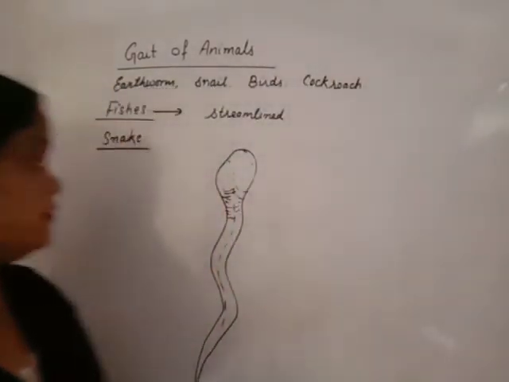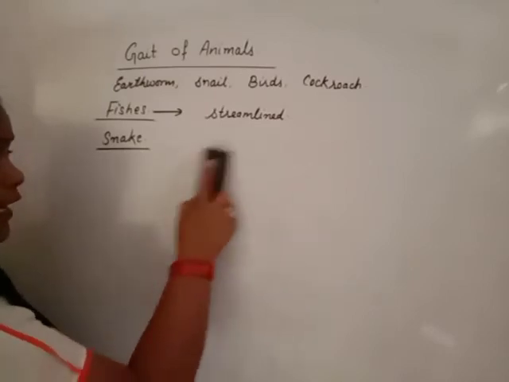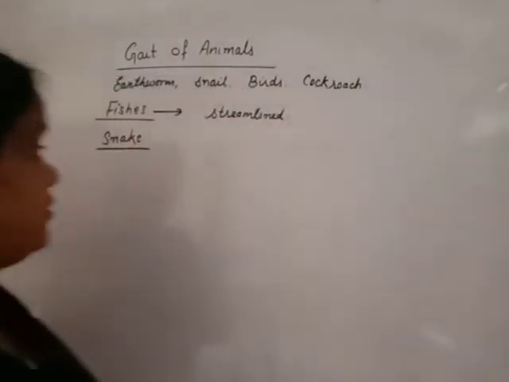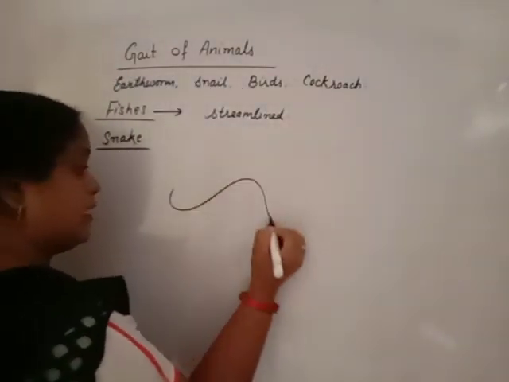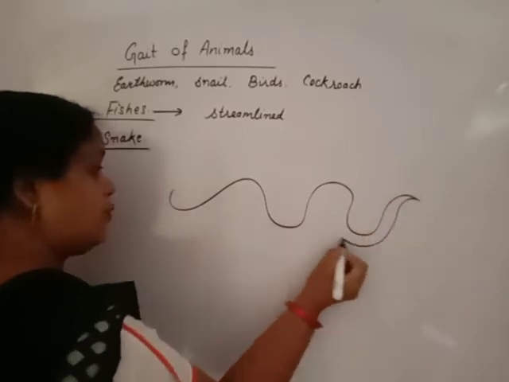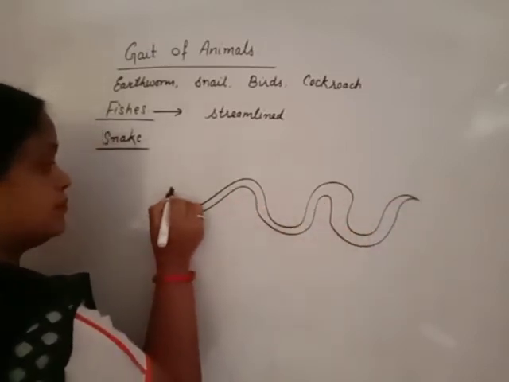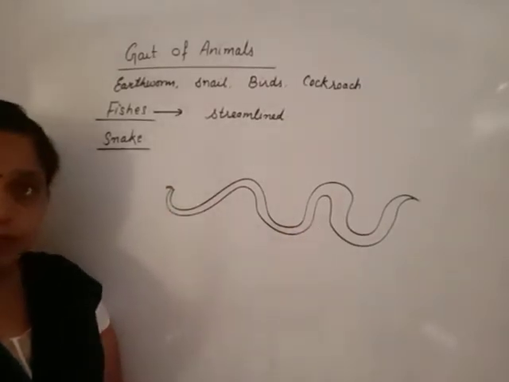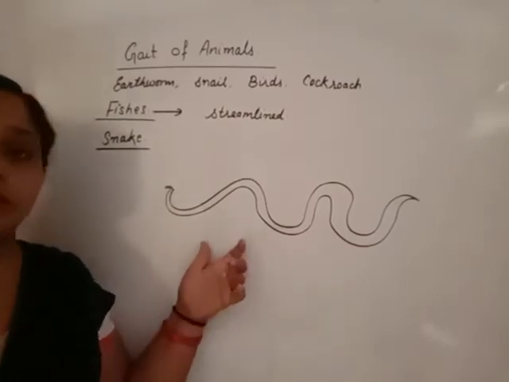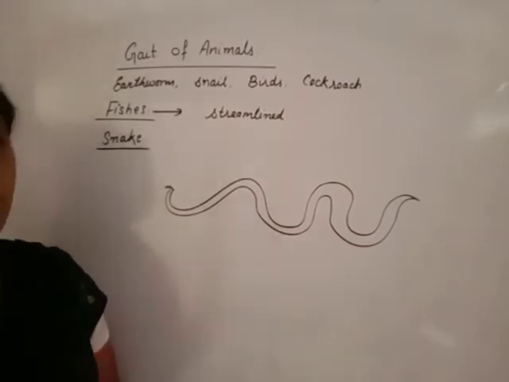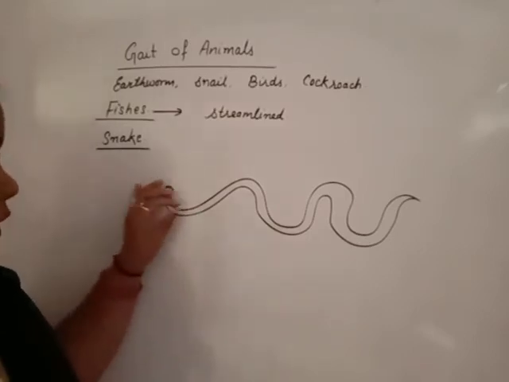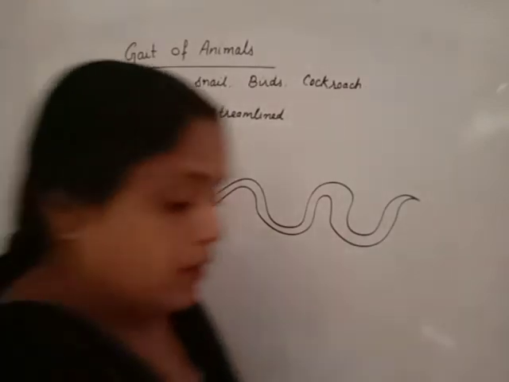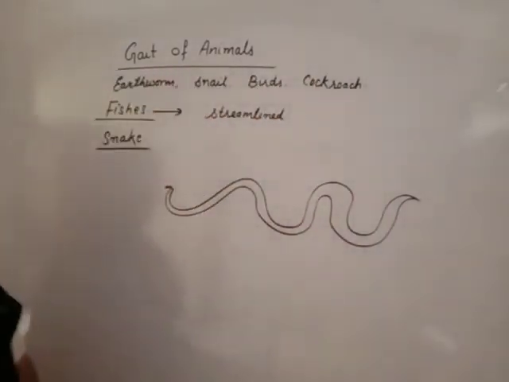During movement, the body of snake has large folds like this. During movement, the body of snake has very quick, large folds. These are the folds, a large number of folds. These folds are made with the help of muscles, different types of muscles. Snake has different muscles and these muscles are interconnected with each other.